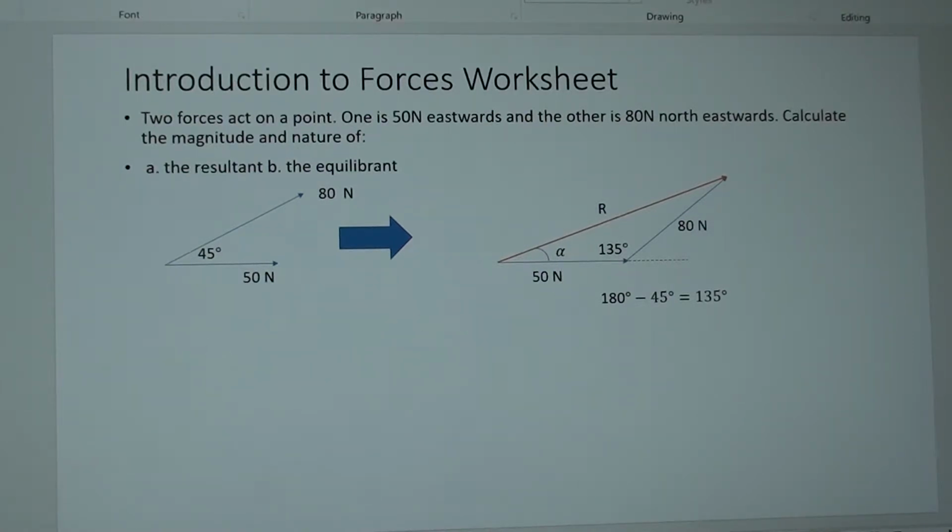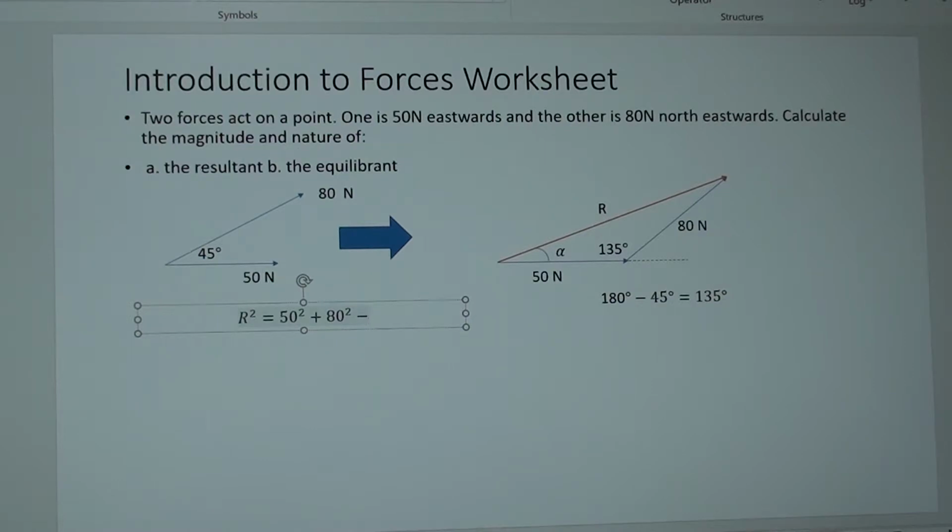Now, from mathematical equations, I need to determine the value of R and the value of alpha. Therefore, I'll write the equations using the equations editor. Here will be the solution. First of all, I'll start with R to the power 2, so R square equals 50 to the power 2 plus 80 to the power 2, which means 80 square,